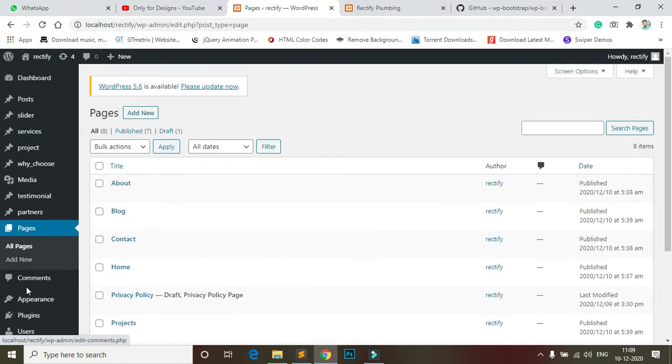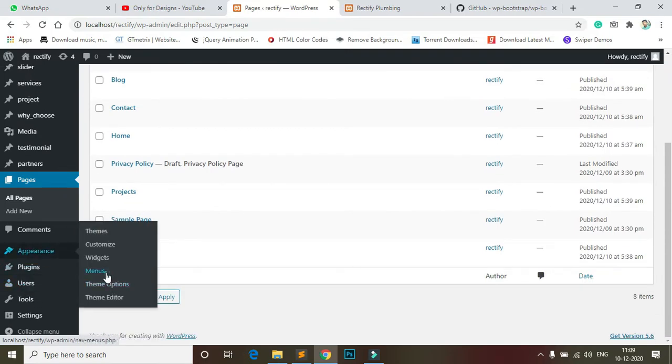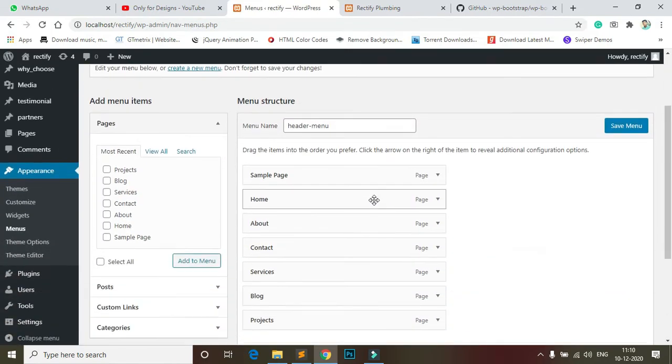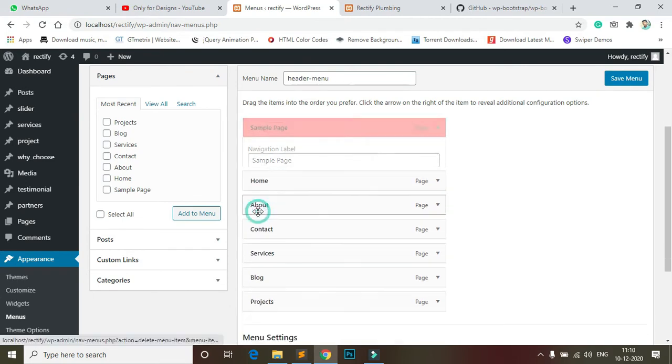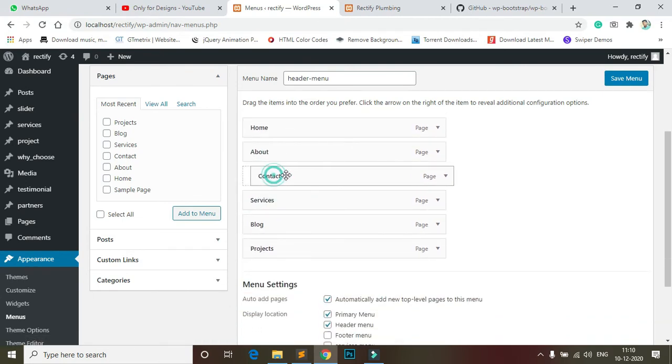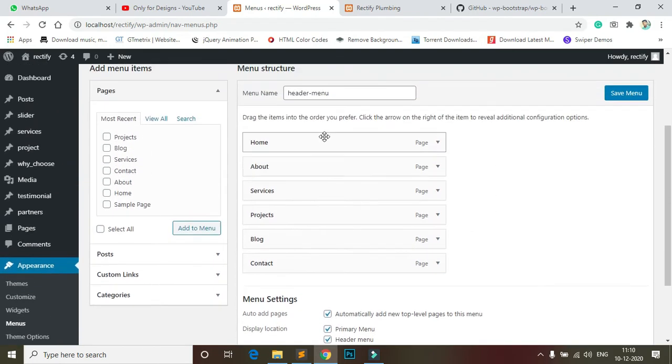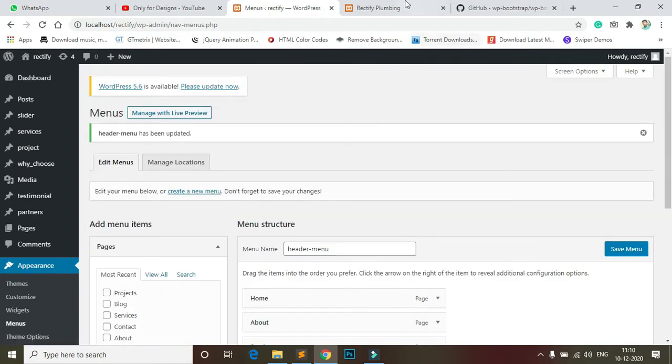All pages, and go to menu. Now go to Appearance, then Menu. You can see all pages automatically reflect here, so I remove these sample pages, I don't need them. Then home, about, I drag and drop this contact, drop them down. Then blog, I just resize the pages. Okay, this is the home, about, services, projects, blog and contact. So save. Now you can see